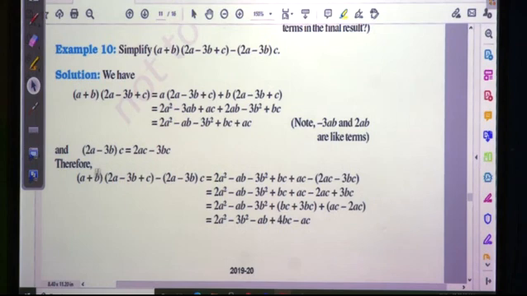Therefore, (a + b)(2a - 3b + c) minus (2a minus 3b) in bracket, after that c, is equal to... we are writing this simplification first: 2a square minus ab minus 3b square plus bc plus ac, minus 2ac, this is minus 3bc. 2a square minus ab minus 3b square plus bc plus ac. Now it is minus sign,